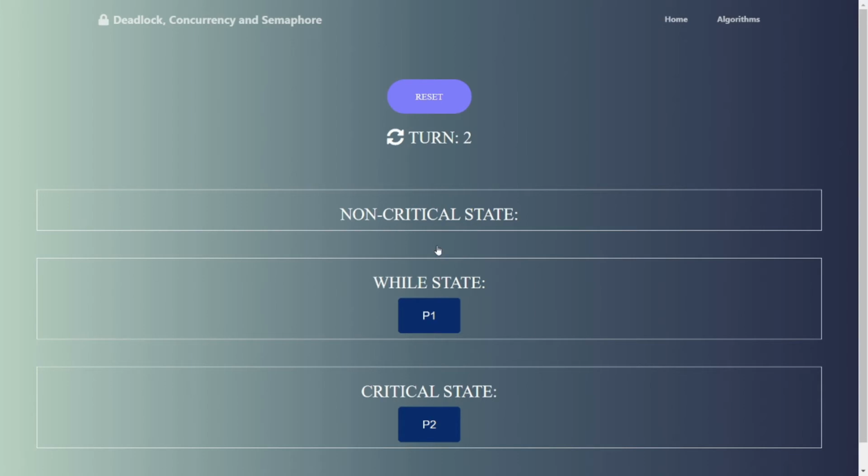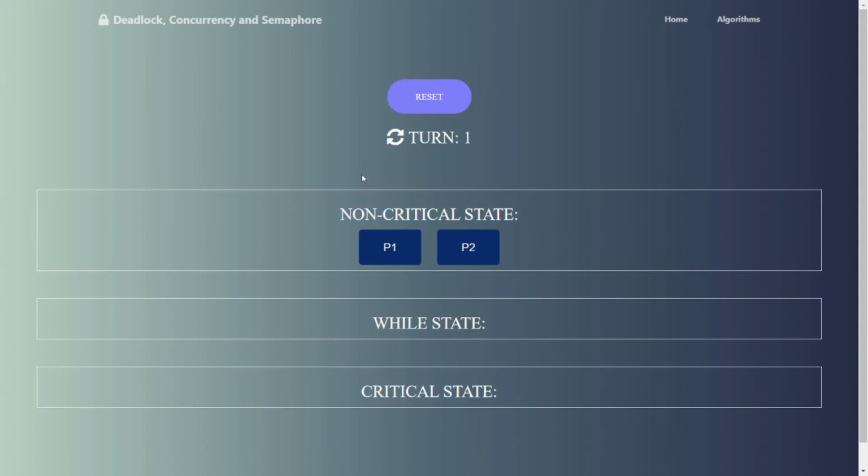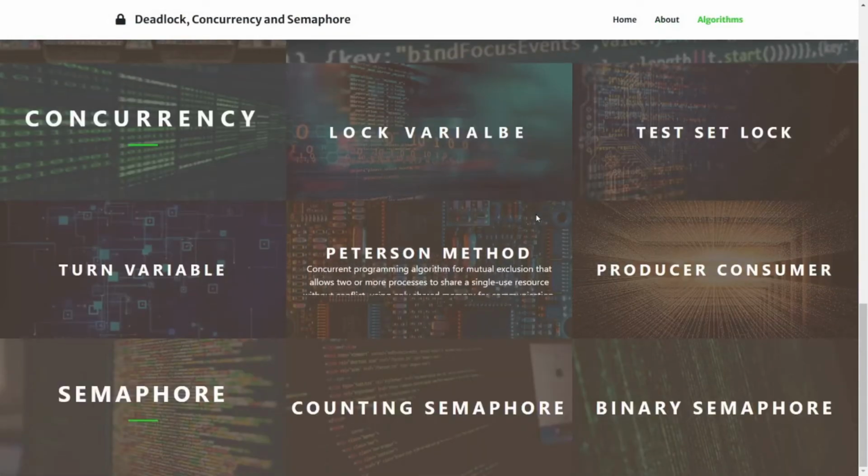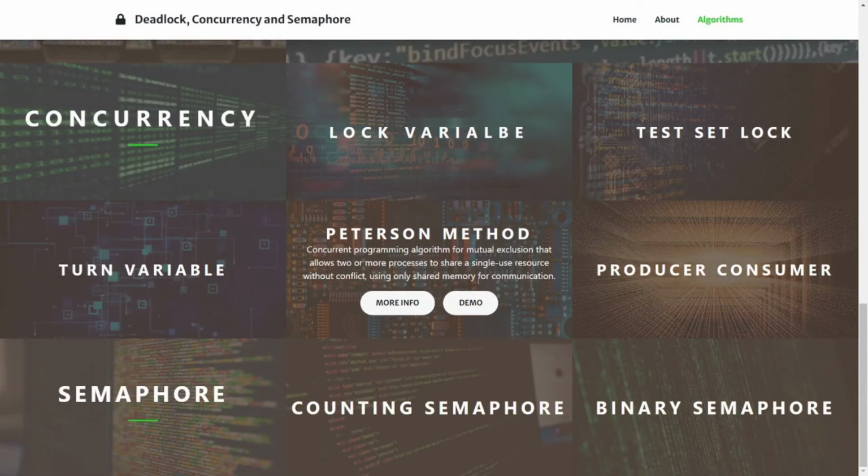And the reset button is there to put all the buttons at their initial state with the turn set to P1. So this is about the turn variable. If I click on the home page, then the home page will be opened, and now we will see about